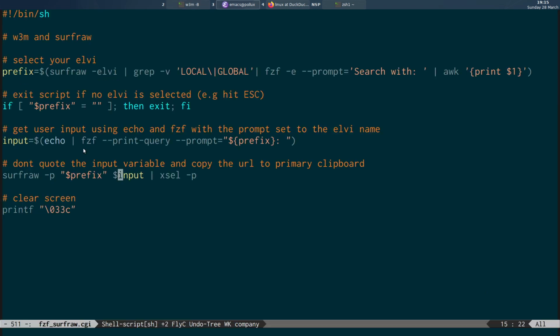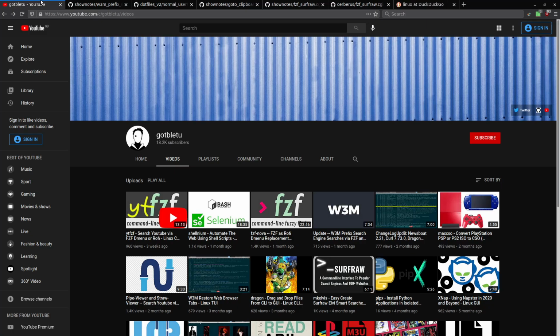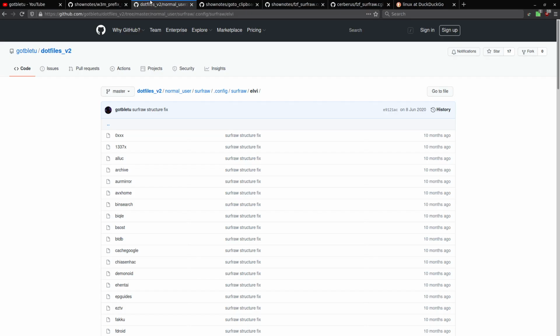So that's gotbletu's script using Surfraw and FZF to submit search queries from within W3M, and just some issues I had with it, and things I wanted to improve by, as I said, changing the keymap in W3M to use read shell, which prevents having to press OK, and also finding a way to replace